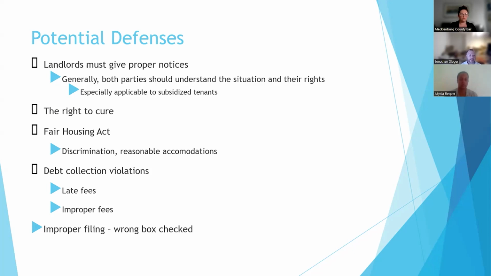Tenants also are protected by the Fair Housing Act. So this prohibits discrimination based on a number of factors like race, gender, national origin, disability, etc. So basically based on that, landlords cannot discriminate. They can't treat people differently for those reasons. In addition, tenants that have a disability can request a reasonable accommodation. So that means that if a tenant, we'll just use an example, needs an emotional support animal, the landlord should allow them to have that emotional support animal. There's no extra charge for that.